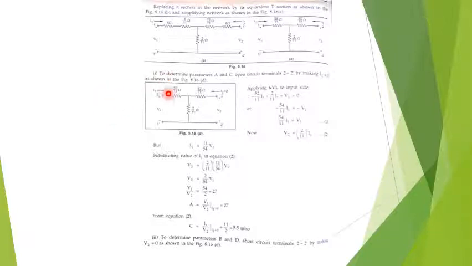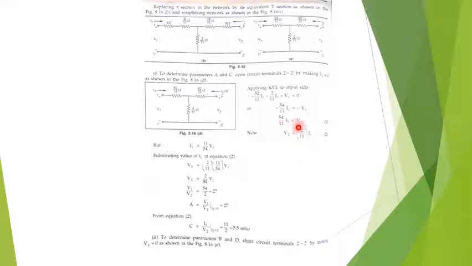Now here to find out the first 2 transmission parameters A and C, I have to open circuit the output port or put I2 equal to 0. So that is what we have done here, I2 equal to 0. When I apply the KVL to the input side, I get this equation: minus 52 by 11 I1 minus 2 by 11 I1 plus V1 will be equal to 0. So when I do that, I get this equation, 54 upon 11 I1 is equal to V1. Now if you find out what is V2, because I2 is 0, the voltage across this 2 by 11 ohms will be V2, which is nothing but I1 into 2 by 11 ohms. So that is what we have got here. But what is I1?